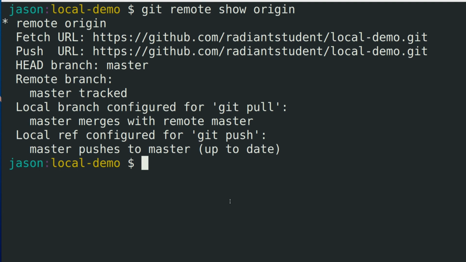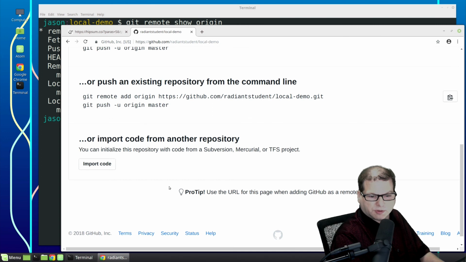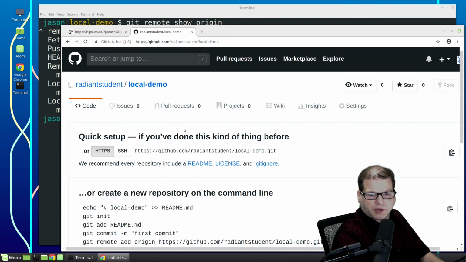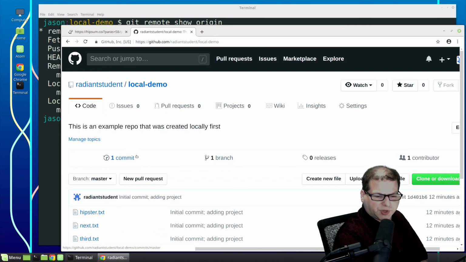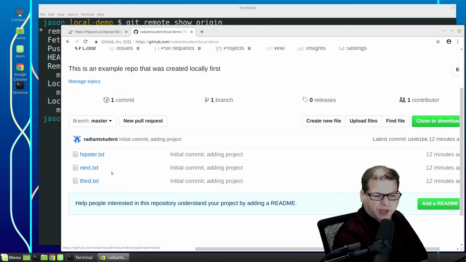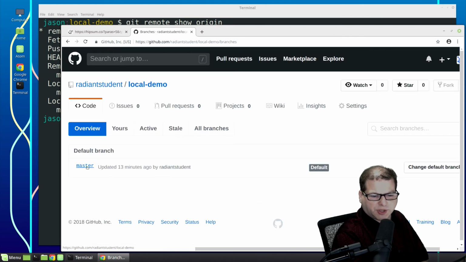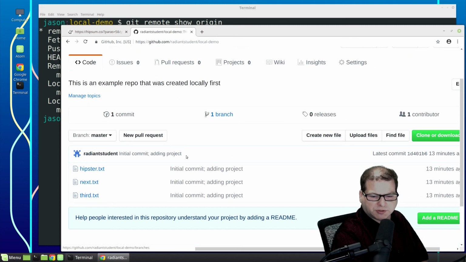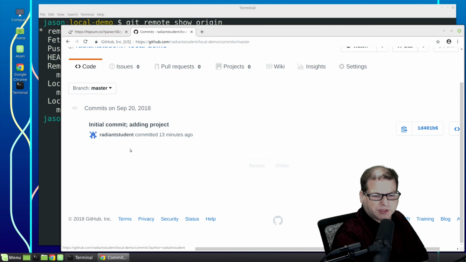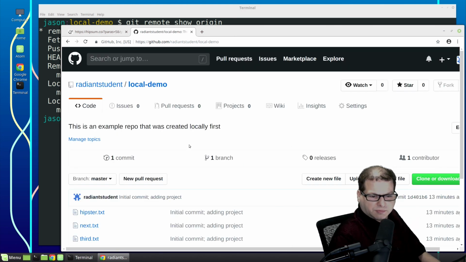Well, now that we have pushed our changes up, let's review this on GitHub. So go back to the browser. And now all we have to do is refresh this page. If everything went well, we should be able to see that we have all three files now on our GitHub repository with one commit. We also have a single branch on GitHub, which is also the default branch. If we click on code, we go back to the main page. We see that we have that initial commit that we did on our local system. All right, great. Now we can move on to the next and final part of our lesson,